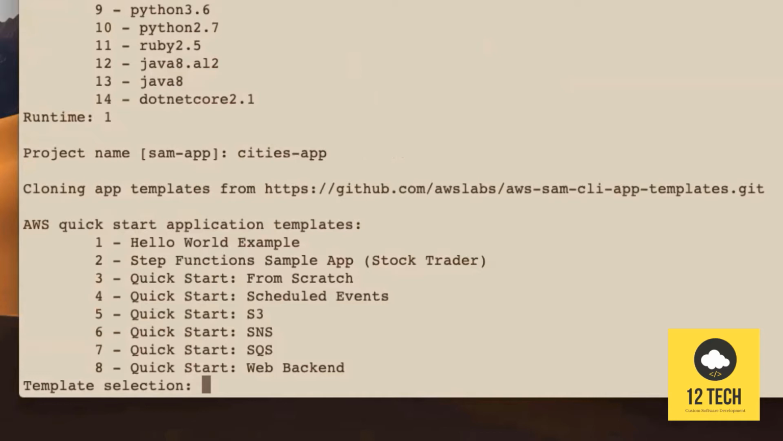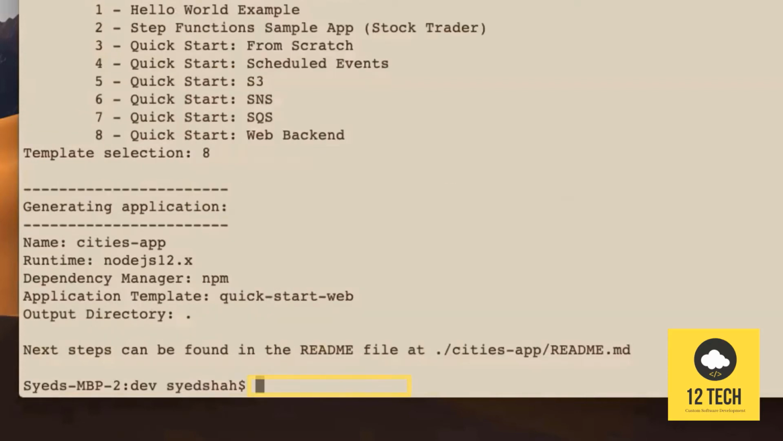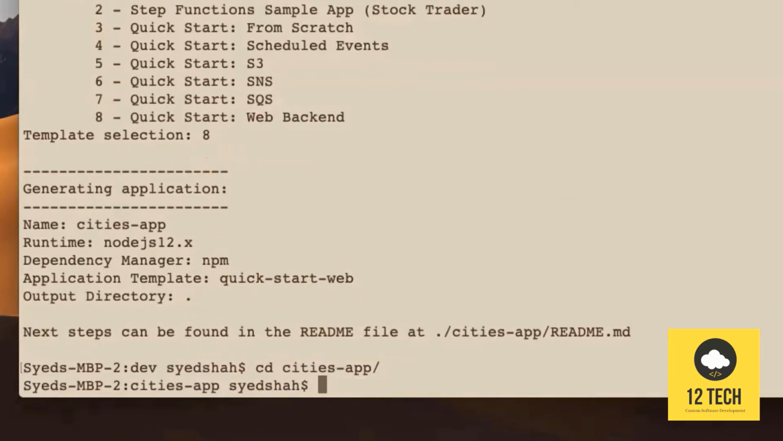Okay, now we're gonna select which quick start template we want to use. Since this is an API, the best match is basically number 8, which is web backend. But if you are building for the first time, if you want to get a feel of it, it's better to use the first one because it has the minimal code. Okay. Now if we go to the cities tab,